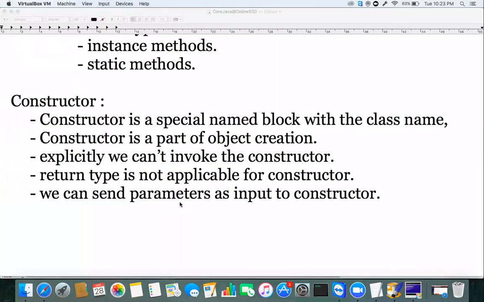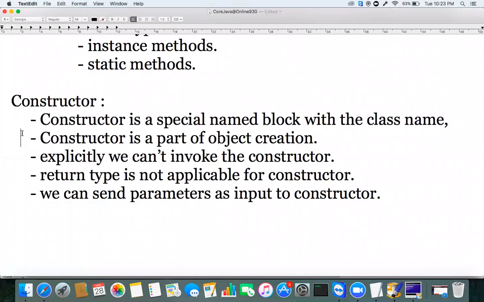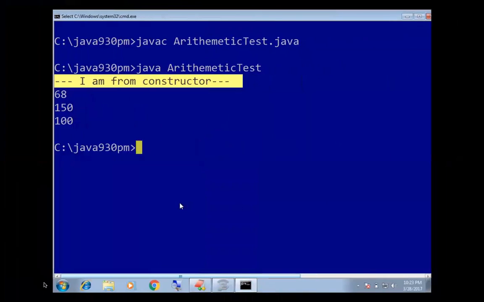So the constructor is a part of object creation. Explicitly, we cannot call the constructor. Whenever you create an object for any particular class,